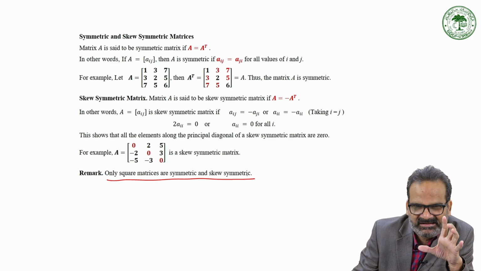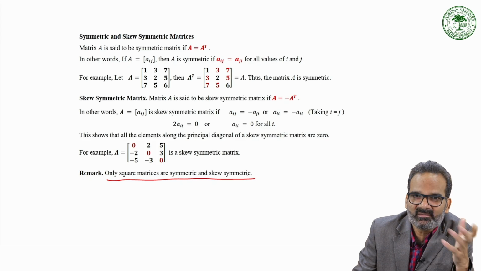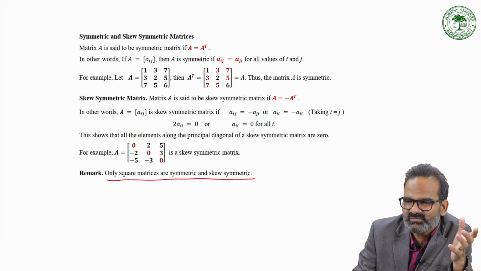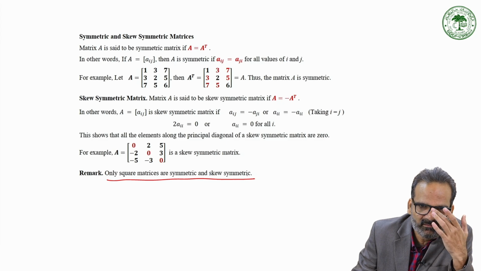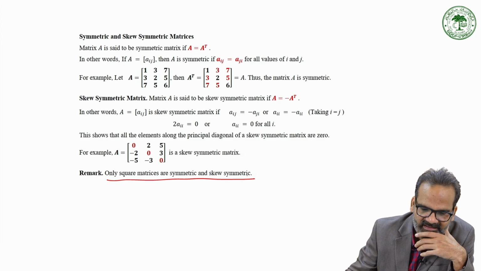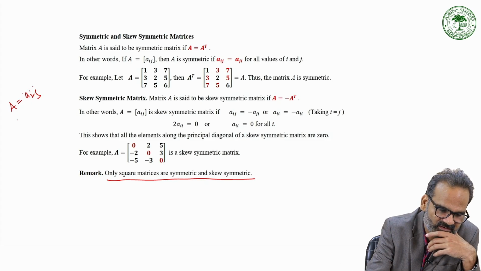So in the definition, in some books you may have a definition like this: a square matrix A is called symmetric if A is equal to A transpose. Yes, this is also correct, because only square matrices are symmetric. A is equal to A transpose means what? A is written as, you know, Aij, right? And if we calculate its transpose, A transpose,